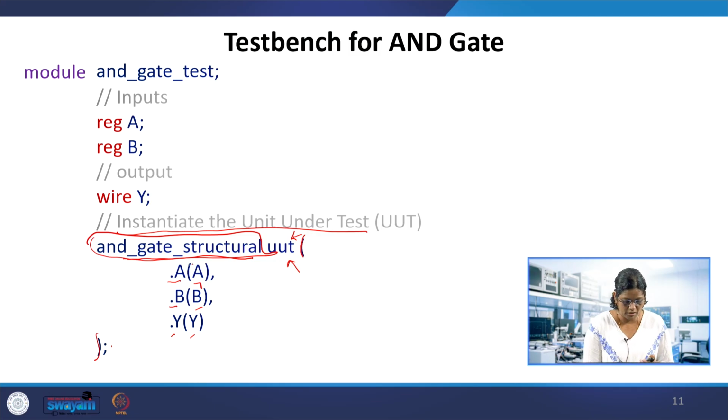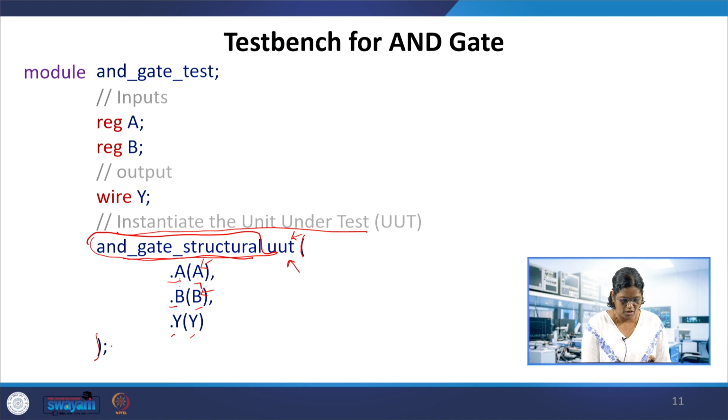In that inhibit gate, the port names, suppose this is input A and input B, the AND gate input A and input B, and this A and B are the local expressions, that is the expressions related to the test bench. Similar names are used, so do not be confused. This A, B are this A, B here.